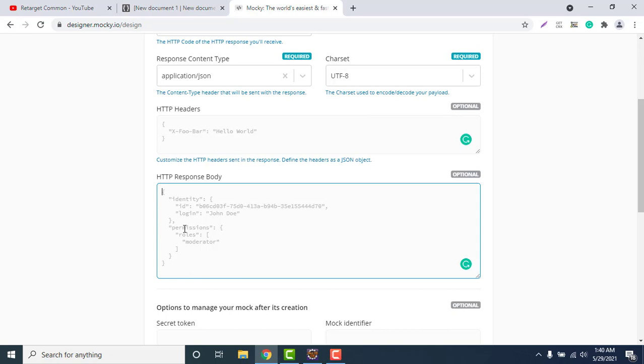This website is the simplest one to mock the response. Some people might ask, since you are uploading data somewhere, maybe your company will not allow it. You can install something in your local machine to mock, like a local server, which I will also cover, so don't worry about that.